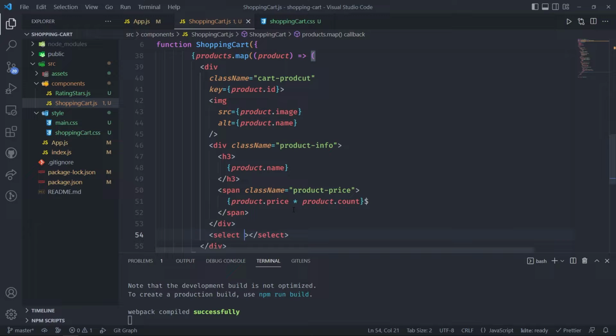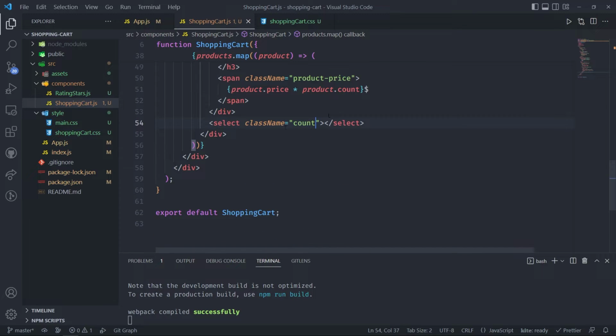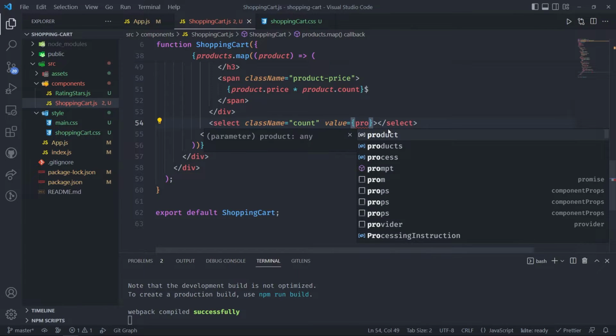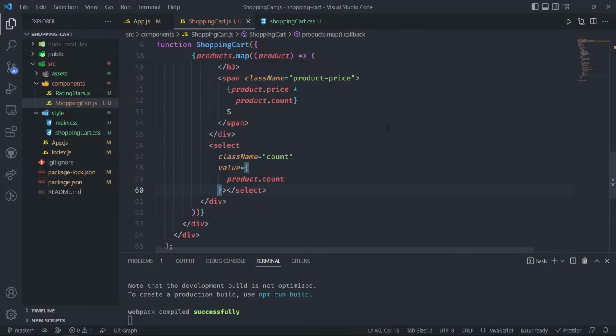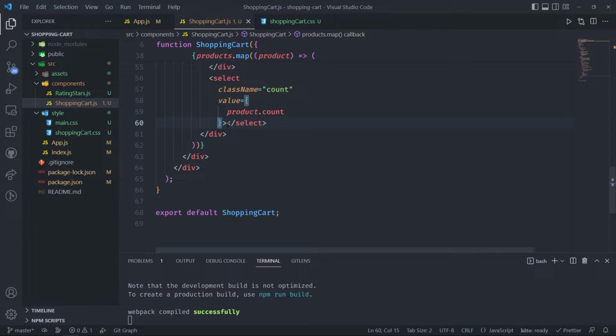I'm gonna give it a class name count, and the value will be product dot count. So for the onChange, so each time the value is changed, onChange,